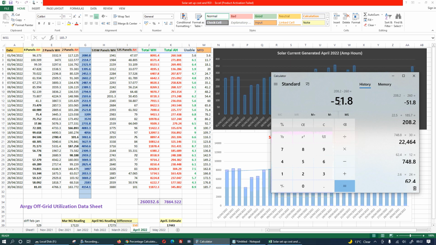Where has this gone? We need to know where exactly. How do we account for this? We've been able to account for some part of it, which is the percentage for the inverter. Now we need to know where this 51.8 kilowatt hour has gone. This is quite a lot of energy. You can't just let it go like that. Now, the other things that I would normally use to account for this 51.8 kilowatt hour, one of them is the